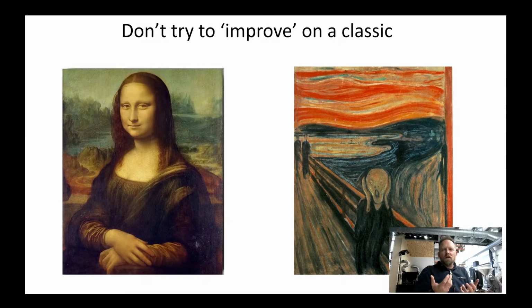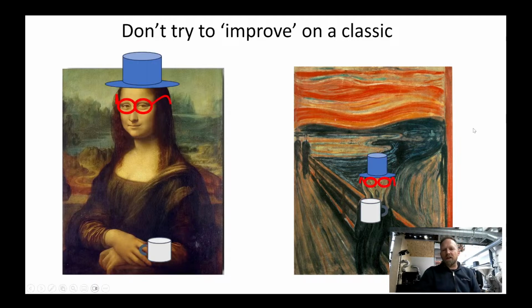So the whole point is, don't try to improve the classics. Here we've got two classics. If we try to just make our own version, if I have a car and I want to make my own car battery, why would I do that? Because for sure I'm failing, because all the small details need to be really simple and well proven. So if we have some classics, don't think that you can improve them by adding a layer of your own creativity.